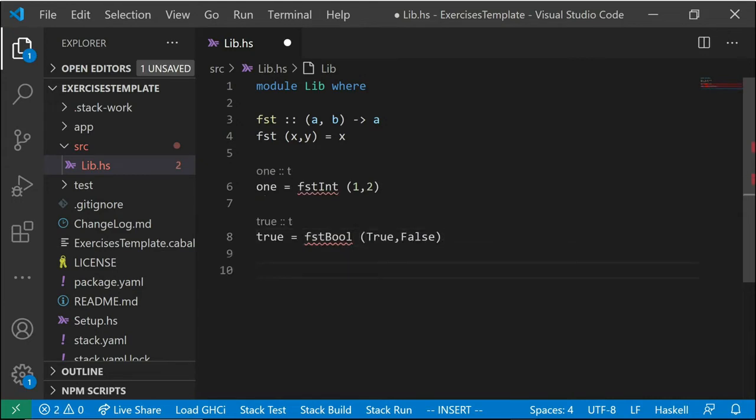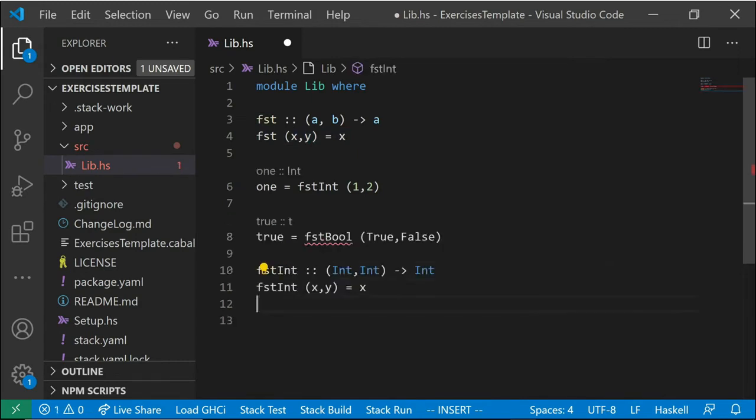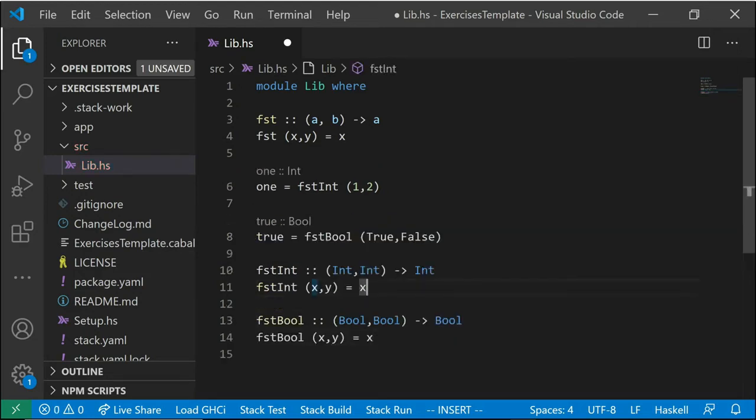Because if you were to look, how would I define fstInt? If I had a function fstInt that worked like (Int, Int) goes to Int, how would I define this function? Well, I would define it as (x, y) equals x. Same thing here, right? Same as, how would I define the function fstBool? (Bool, Bool) goes to Bool. Same way, right? So the idea here is I could define these functions that restrict what type I'm using, or